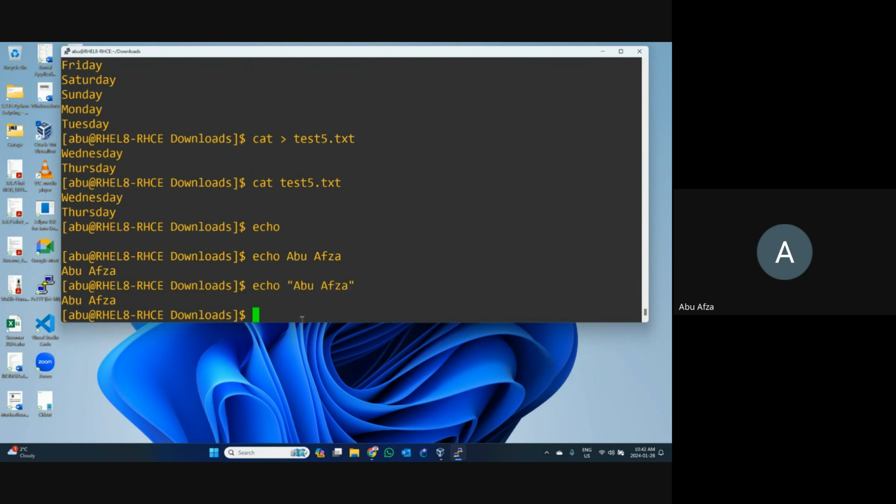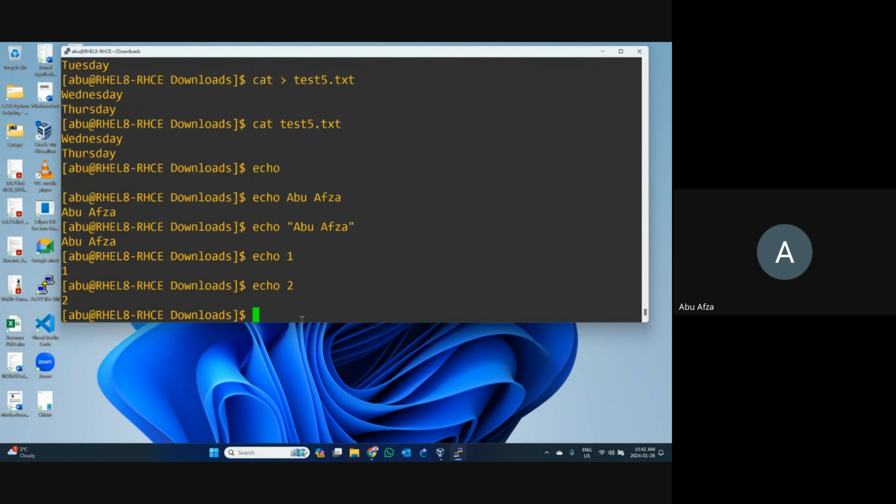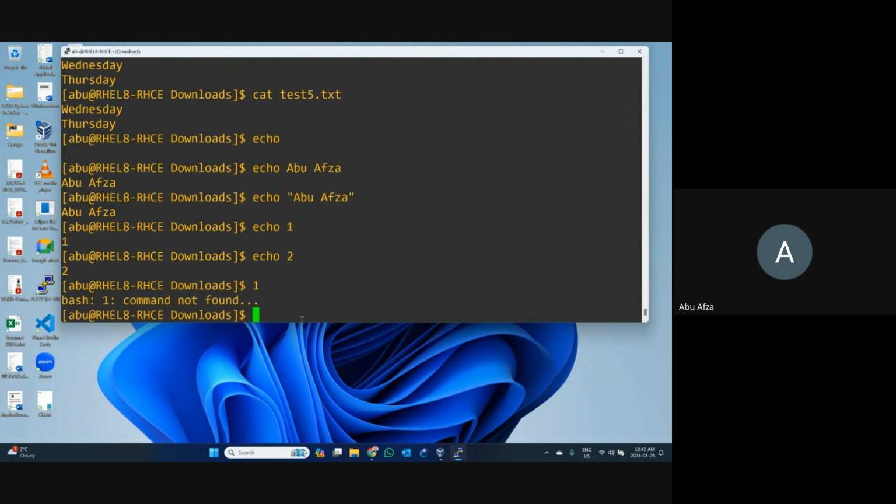Okay. Let's say you want to input some number. Let's say equal 1, then you can see equal 1. Let's say equal 2, you can see equal 2. We'll use some variables. How to use that? We'll do that later. Okay. So echo prints something. Write down what you want to print, and it will be shown.